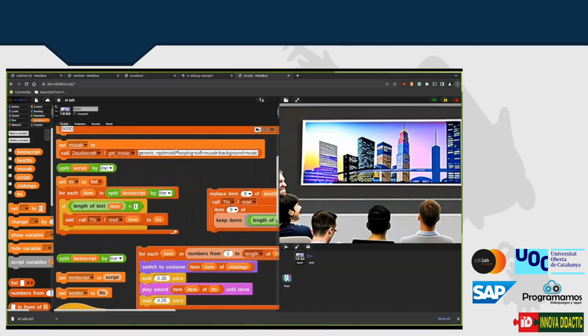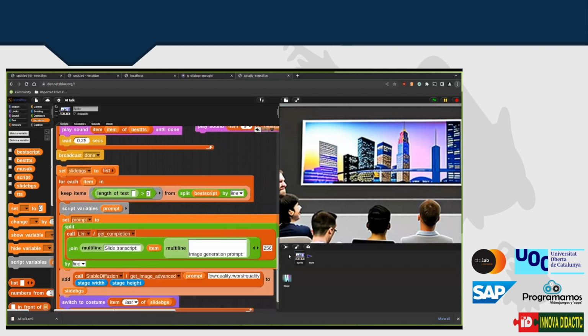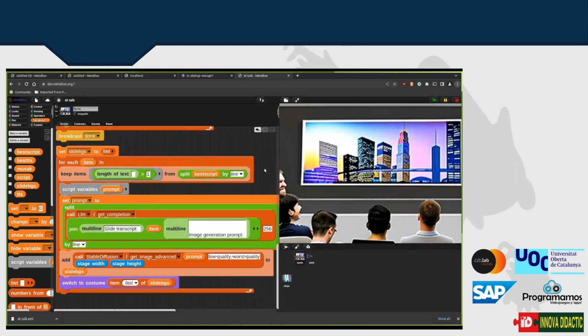The music was generated from a prompt I gave it, and the background images, I set it up to take each line from the script and generate an image prompt and then an image using that prompt automatically. I actually don't know what prompts it came up with. I don't know if it was any good, but it's a demonstration of what we're able to do.